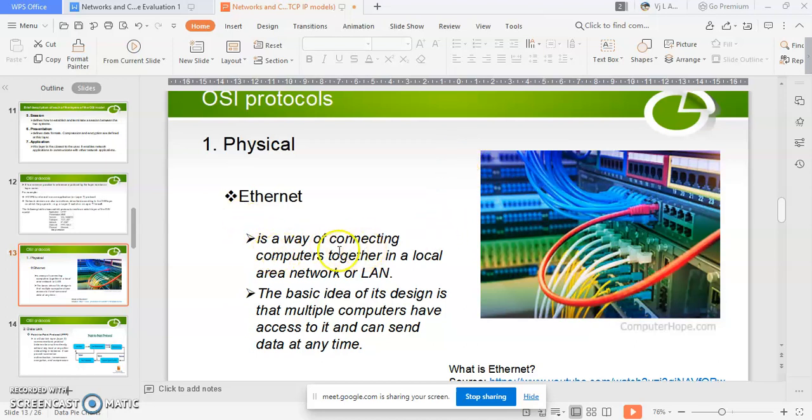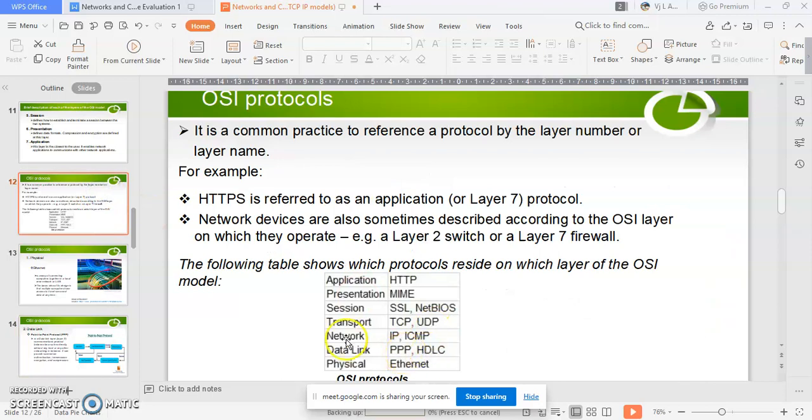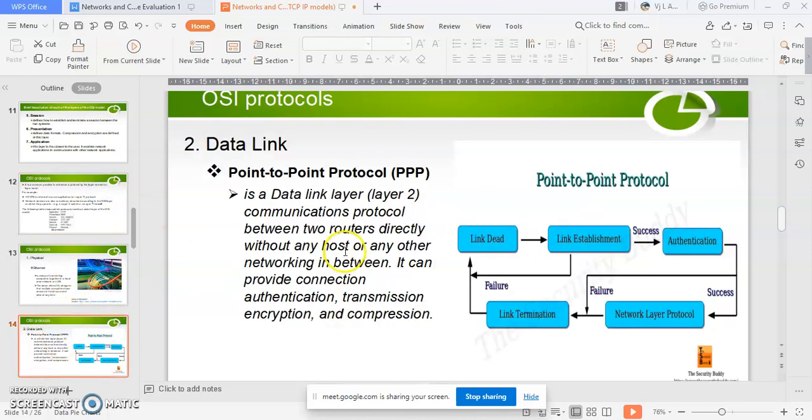Ethernet is a way of connecting computers together in a local area network or LAN. So the basic idea of its design is that multiple computers have access to it and can send data anytime. So it's just the basic physical. It's the communication nila. Then the next one is data link. So point-to-point protocol. PPP. So kabantay man ning mga pamutang nako, mao ni siya gipamutangan nako unsa nay pasabot ana nila. Okay. So point to point protocol